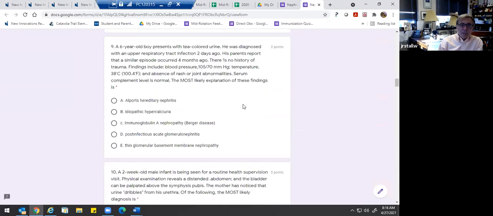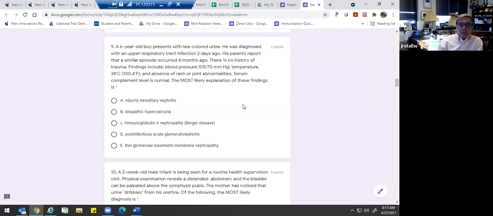Next, number 9 is a 6-year-old with tea-colored urine. You know tea-colored is upper tract blood as opposed to lower tract, which is bright red blood, if you can see it grossly. And so, you know, this is going to be upper tract disease. He had a URI, not a UTI, a URI. He's had it recurrently. You just start putting these things together. His blood pressure really is okay. A little temp, nothing exciting. He has no rash. Serum complement's normal. The most likely finding is